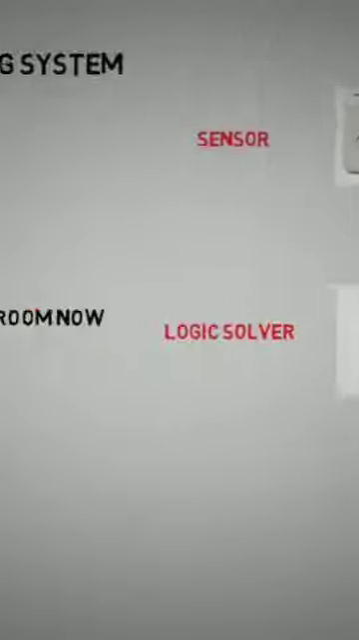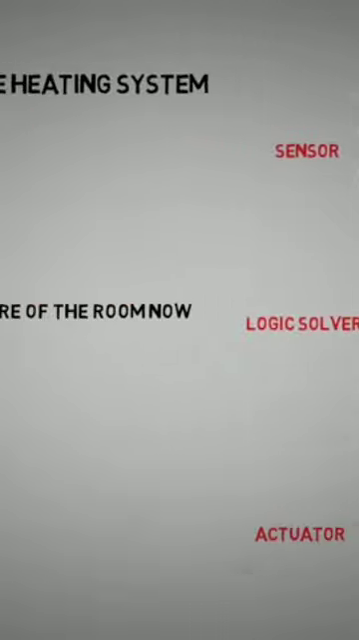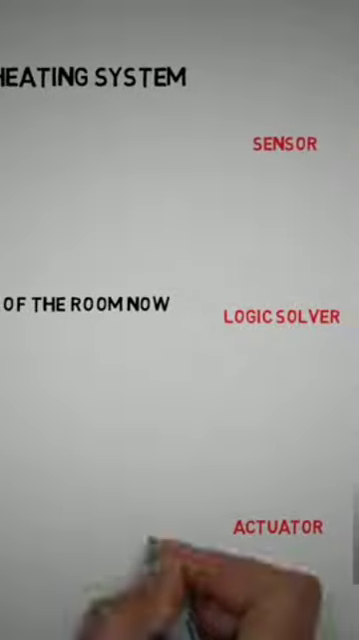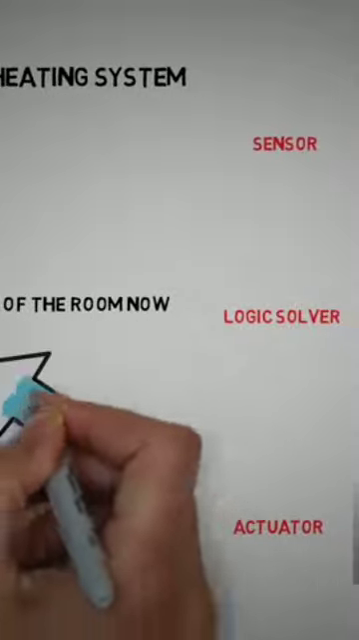We also have the actuator. So the actuators act to manipulate and control the process variable. Our radiators in the room are the actuators. When the boiler ignites and pumps hot water to the radiators, our rooms start to warm. So all these separate parts all work to keep the room